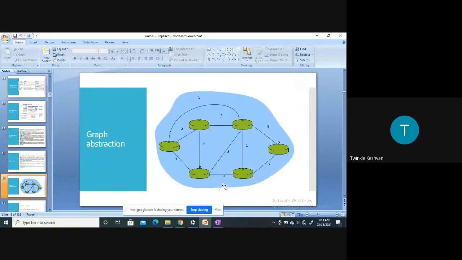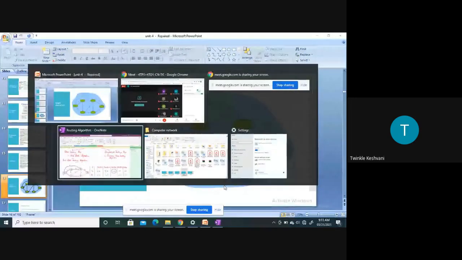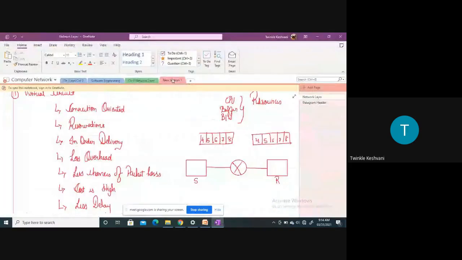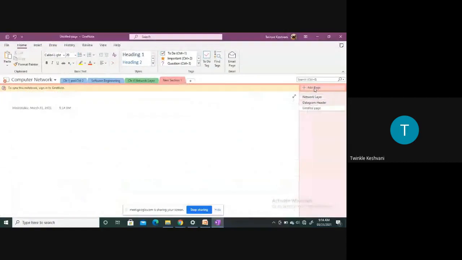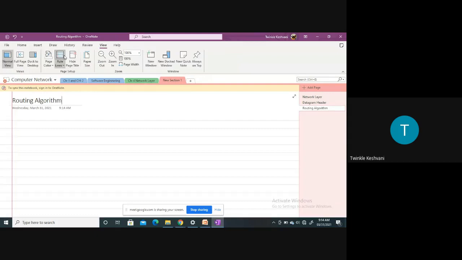Now today we will start with the routing algorithm. So first of all, we'll see what is a routing algorithm, why we require the routing algorithm. At the starting of the lecture, as I have said, when the sender is dispatching the packet from its side, from the source side, and when it is received at the receiver side, what happens in that case? How is the packet traced from the source point to the destination point, right?